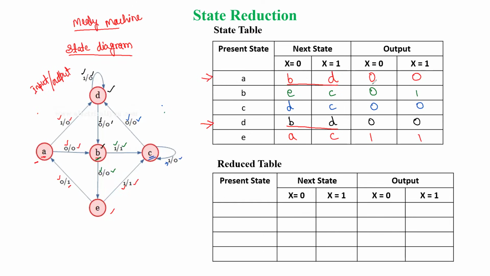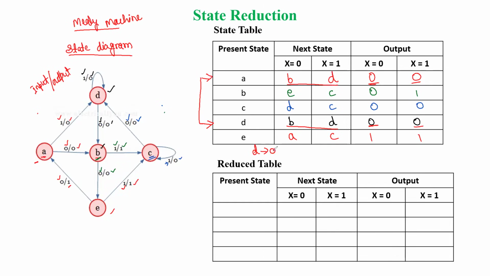Now the corresponding output should also be the same. For x equal to 0, the output is 0 here and 0 here. For x equal to 1, the output is 0 here and 0 here. That's why these two states, A and D, are said to be equivalent,